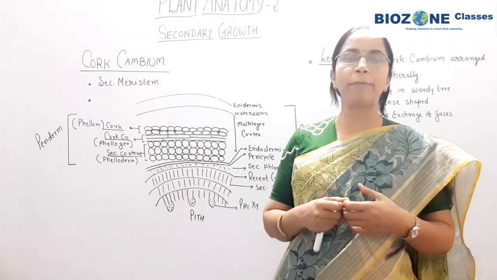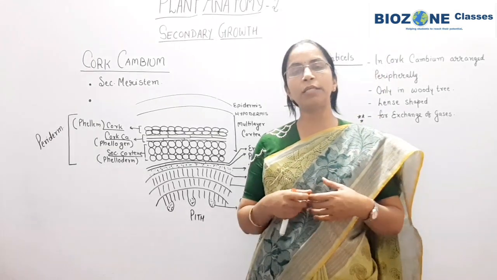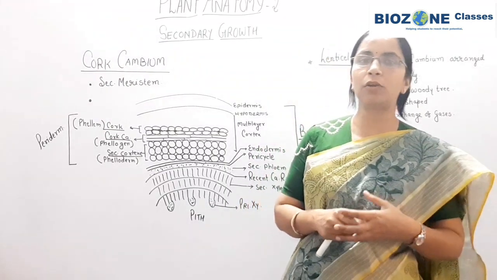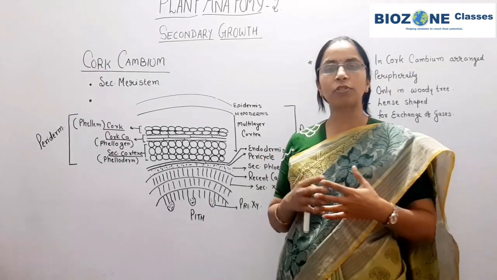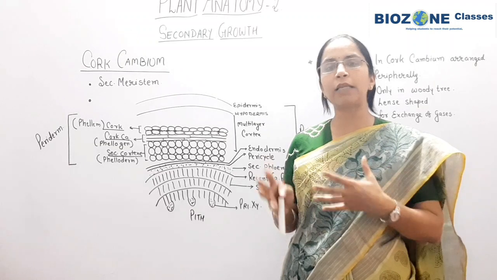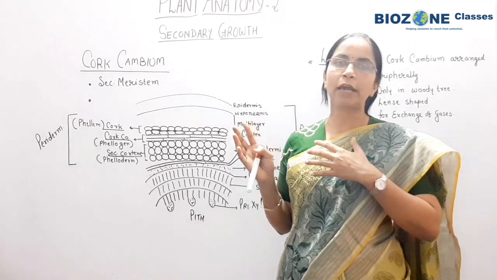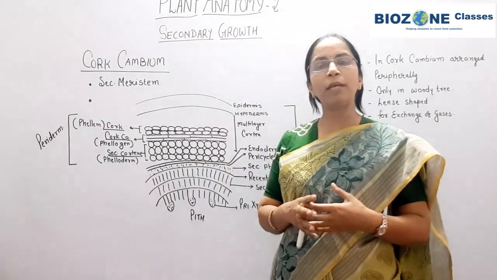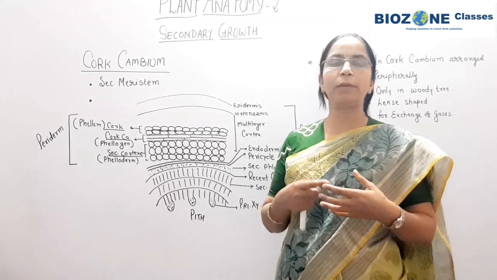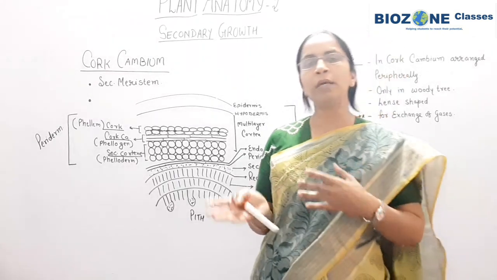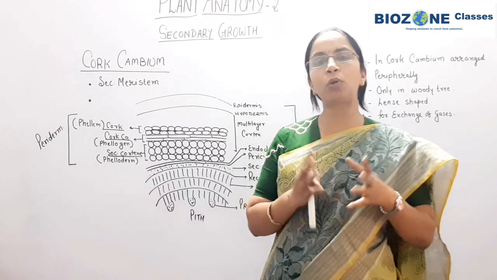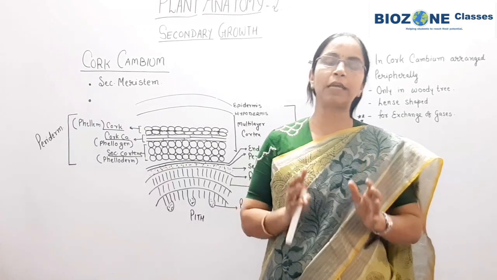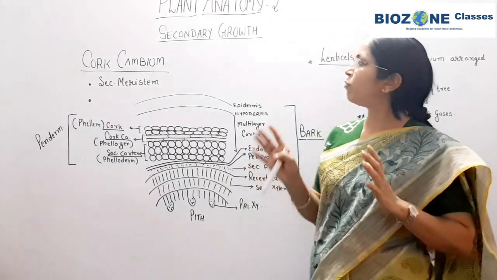The rest of the features of the cambium ring, how it cuts secondary xylem and secondary phloem year by year, and how the cambium ring develops in the secondary root, the entire structures and phenomena are exactly similar to the secondary growth in dicot stem. So for that part, go through the cambium activity again and recall how cambium activities take place in dicot stem. In the same way it takes place in dicot root, but the basic difference is that root cambium is secondary in origin. So this is all about secondary growth.